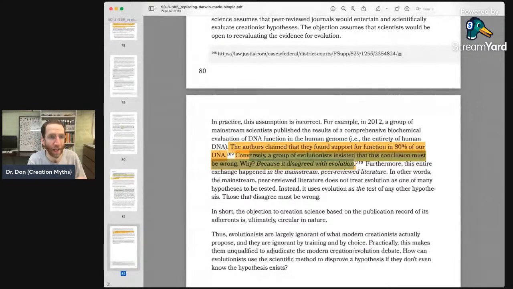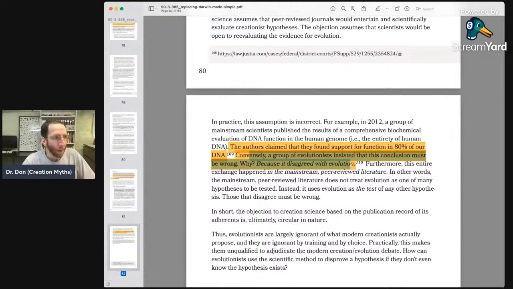Okay? Again, this is a lie. Either Jeanson knows what the objections to the ENCODE 80% claim are and he's lying about it, or he thinks this is the case, in which case he's not even doing the bare minimum of looking up what the critics are saying before making a claim about what they say. He's just getting his information from second, third, fourth hand creationist sources. So this is where I get mad at Jeanson, because he's making claims that are just bonkers. They're just false. He's just lying about stuff.